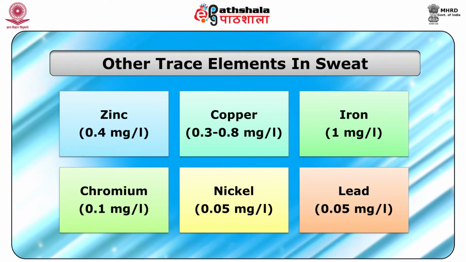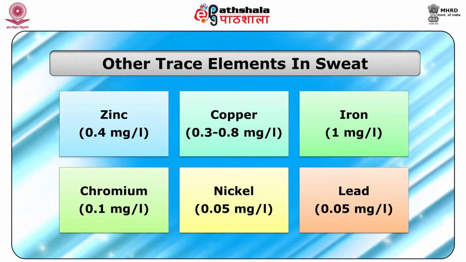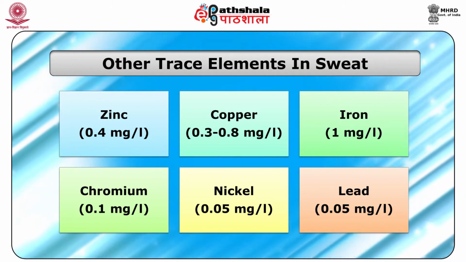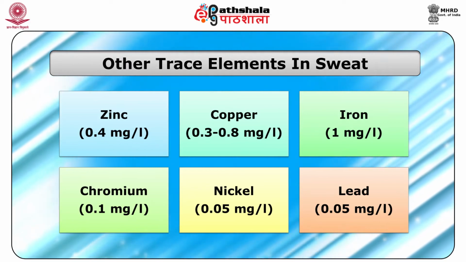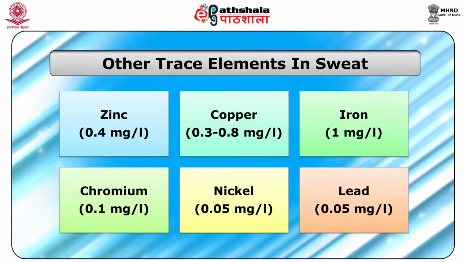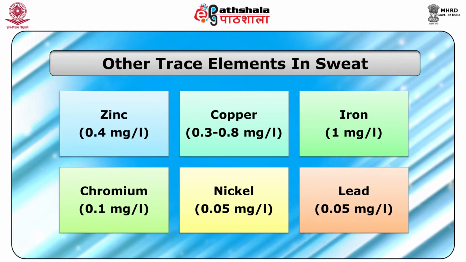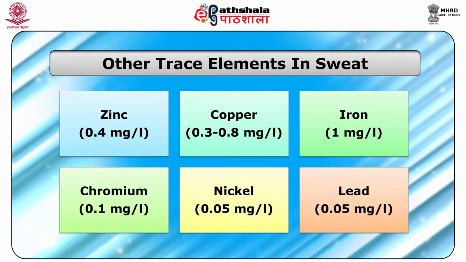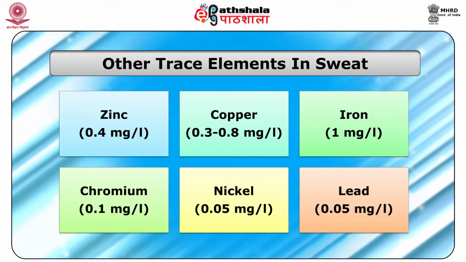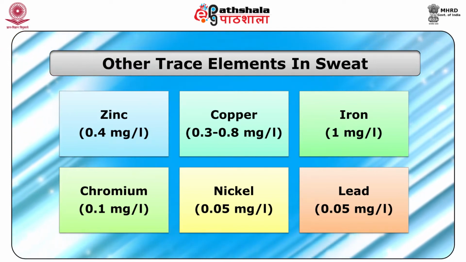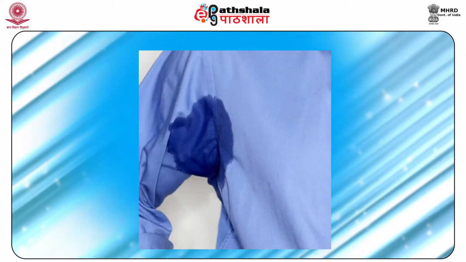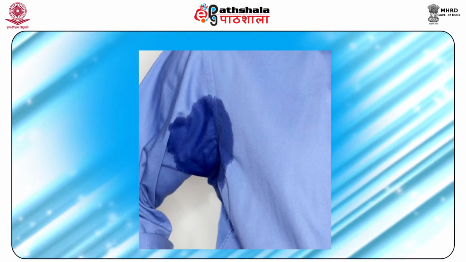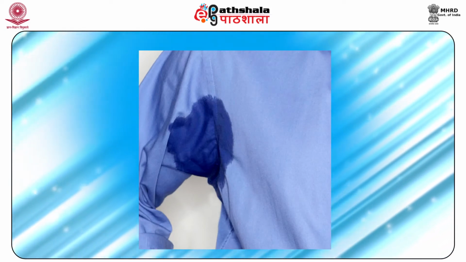Again, an indication of their concentration is, although measurements can vary 15-fold, 0.4 milligram per liter, copper 0.3 to 0.8 milligram per liter, iron 1 milligram per liter, chromium 0.1 milligram per liter, nickel 0.05 milligram per liter, and lead 0.05 milligram per liter. Probably many other less abundant trace minerals leave the body through sweating